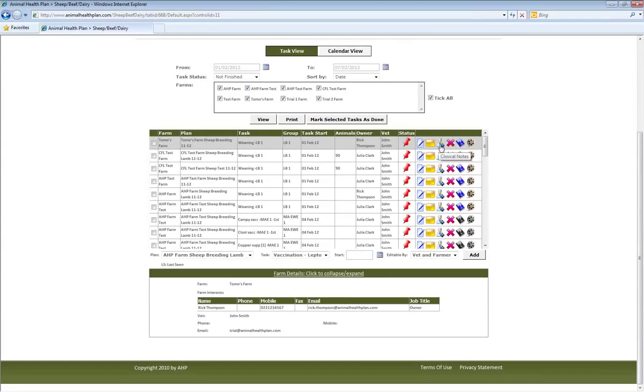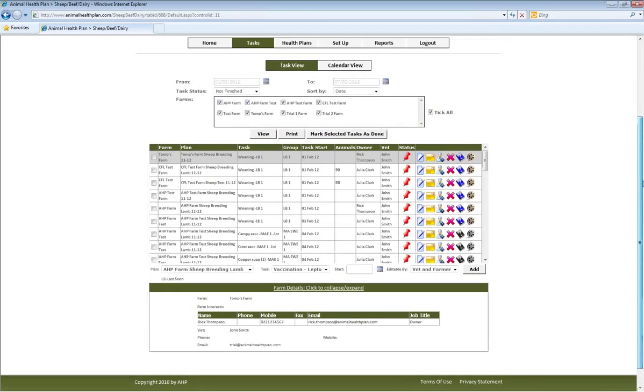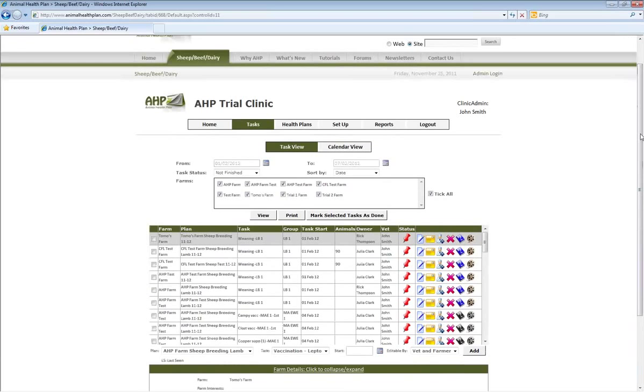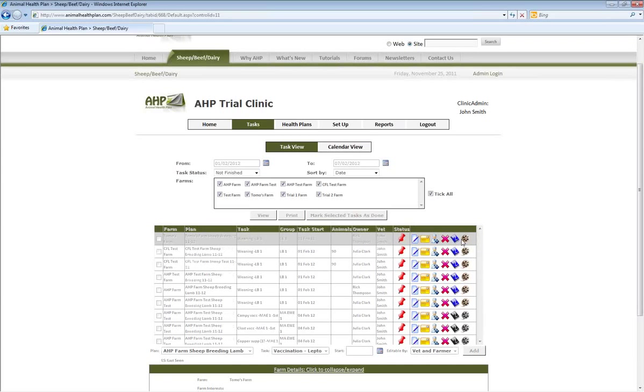We'll skip the notes section at the moment. The next one is just to quickly delete a task, the big red X. And finally, on the end, we have instruction notes in HTML and also videos as well. So these are really handy if you want to create your own library of how to perform each task. And you can either do an HTML page like this one here,